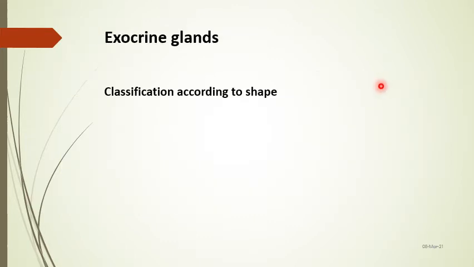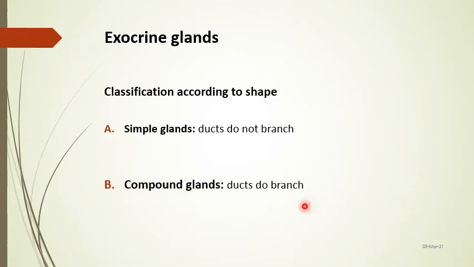The exocrine glands also can be classified according to shape into simple glands, in which the ducts do not branch. So in simple glands the ducts are not branching. In compound glands, the ducts do branch. So they are classified into simple and compound according to the branching of the ducts. No branching of ducts